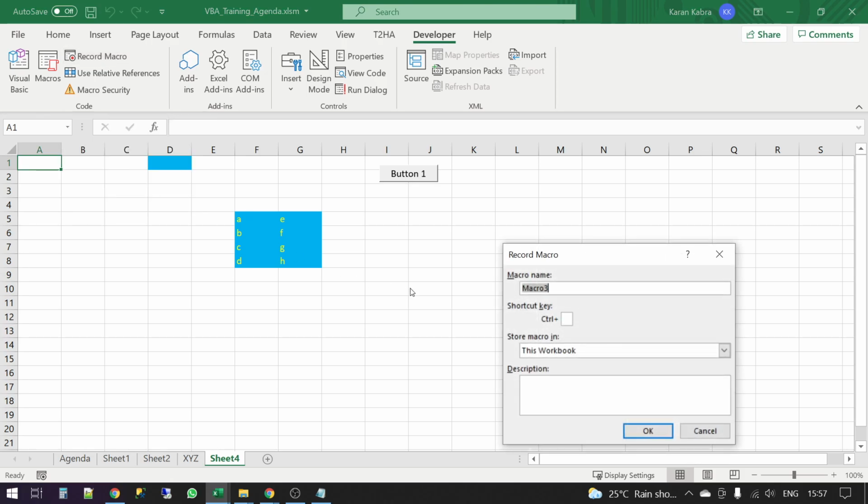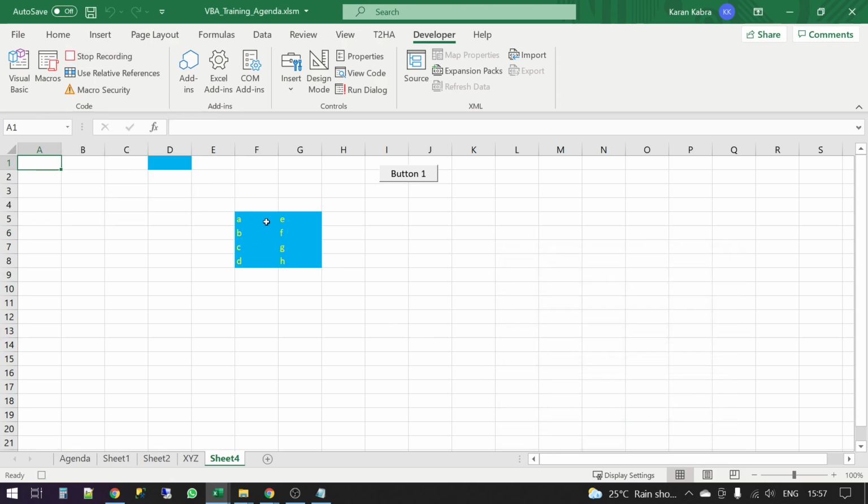So let me show you how to copy paste. I'm selecting these cells, copying. I'm selecting another cell and I am pasting, right? So I have recorded the code of a copy and paste. Let me see what has got recorded.